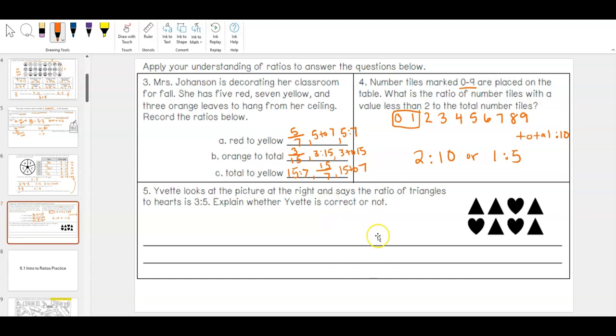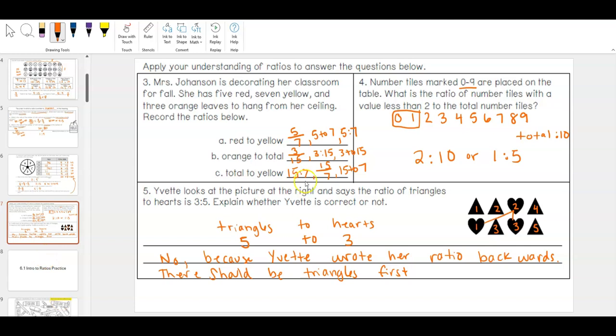All right, and then this last one has Yvette, looking at this picture, says that the ratio of triangles to hearts is 3 to 5. Is she correct or not? Hopefully you noticed that Yvette counted her shapes correctly. However, the question asks for triangles to hearts, and Yvette just did it backwards. It should have been 5 to 3, and Yvette wrote her heart